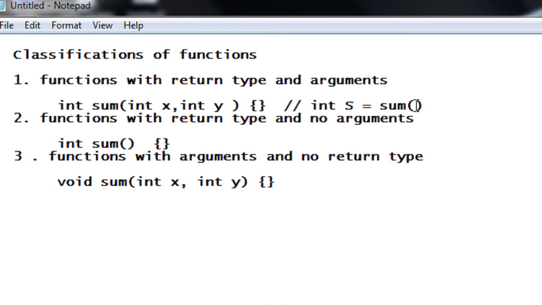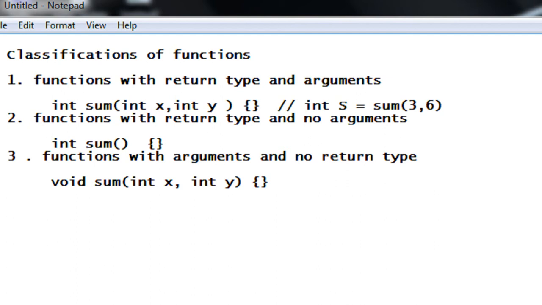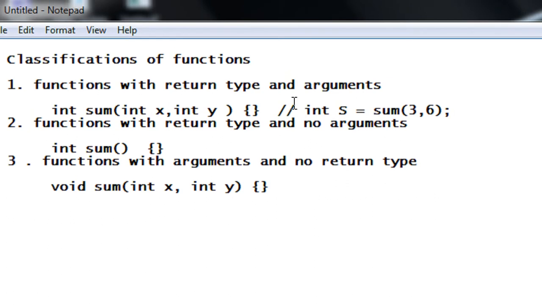You have to pass two integers, 3 and 6. So you can call this function like this: int s is equal to sum of 3 and 6, because there are two integer arguments present. And here you can call this function like this: